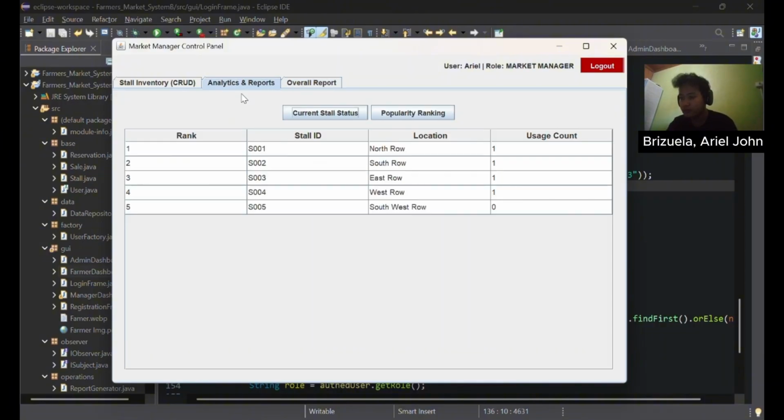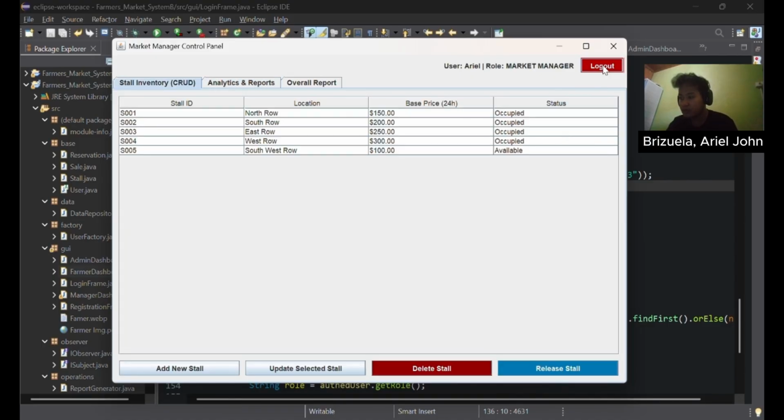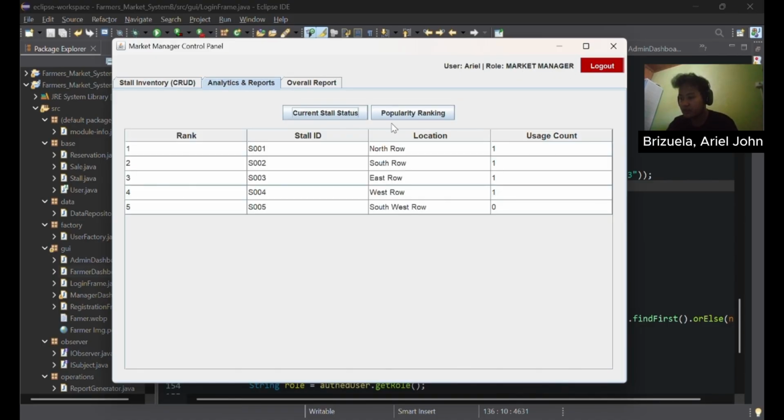If we log out again and check the popularity ranking and usage count, all of them are being used once.